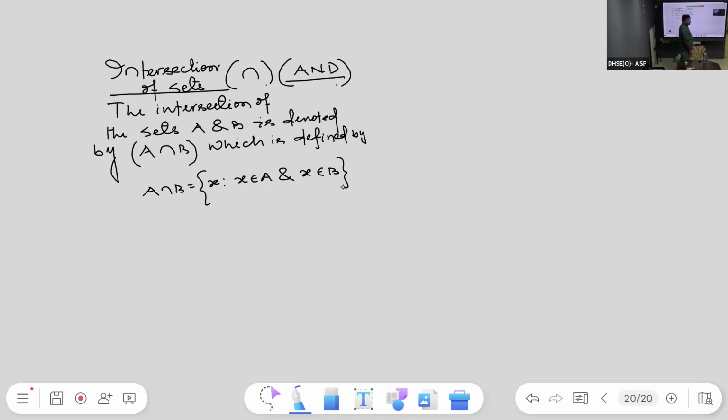That means the intersection of two sets contains the elements that are common to both the sets. For example, let A be the set,